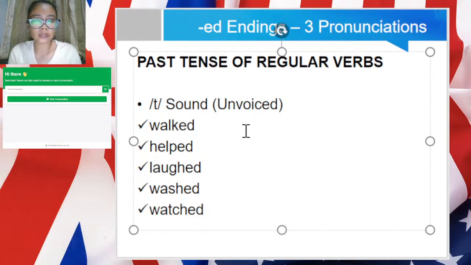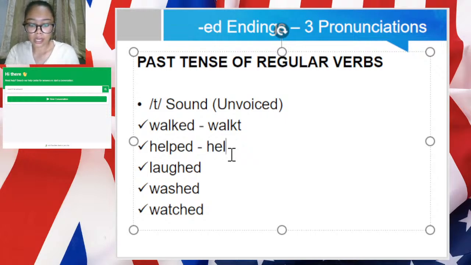So just to better understand, I'll make it much easier for you. We can just type it in like this and then you'll read it as is. This is not the phonetic transcription of this particular word. This is just a very simple literal spelling of how we say the word, like walked, helped,